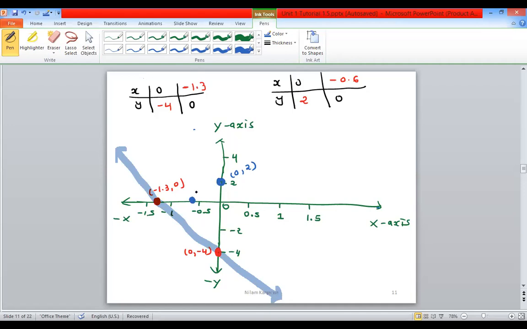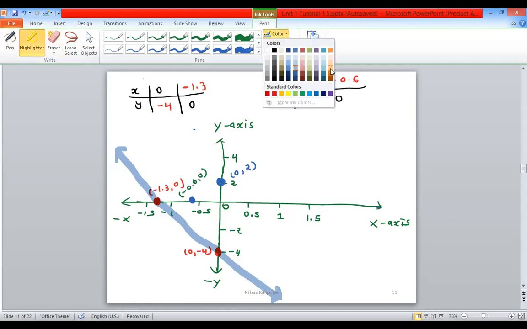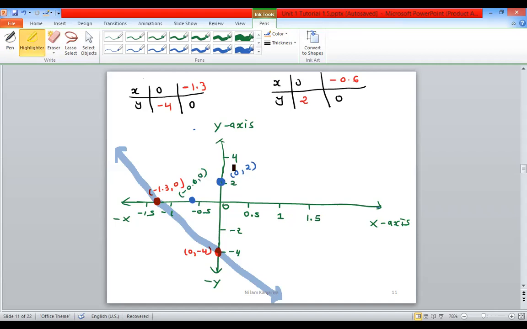Not exactly, this point is minus 0.6 and 0. Now draw this graph. Using these points, you can draw the graph. So your graph it is